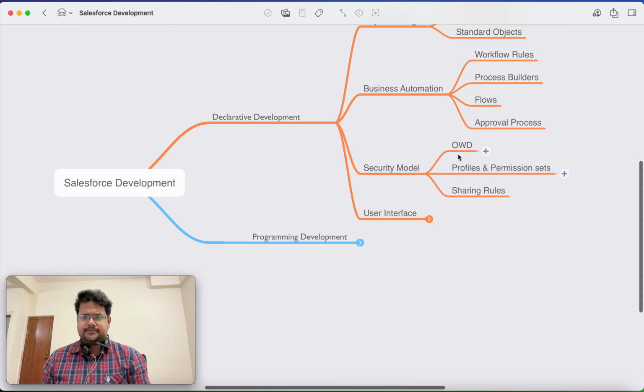Okay, similarly, if we want to make more granular changes to the security level, then we need to take into consideration something more advanced than OWD, that is profiles and permission sets. Okay, and then come the sharing rules. If we want to share some records with someone else in our hierarchy, then we need to apply sharing rules. Okay, now